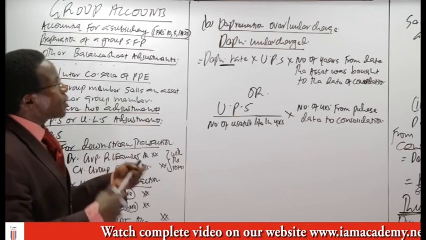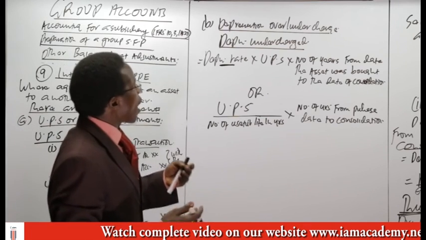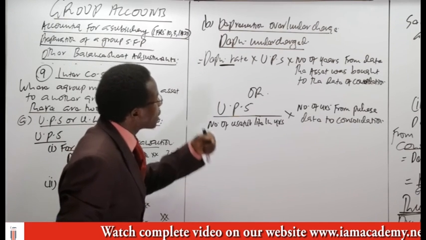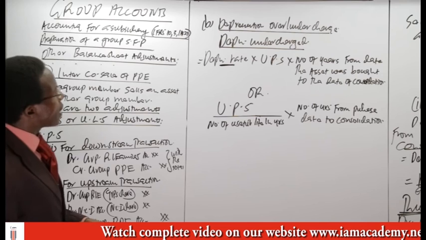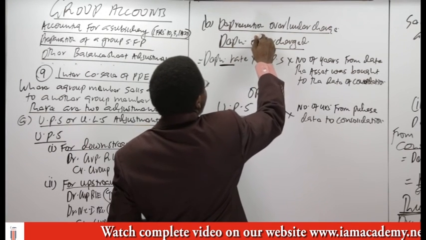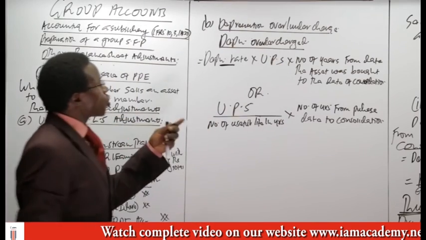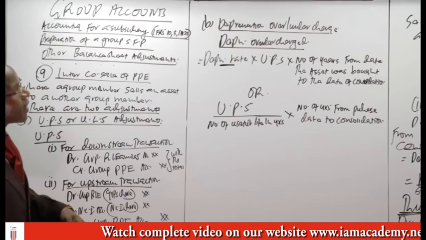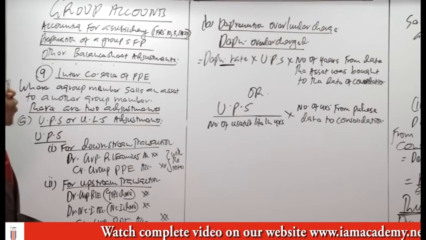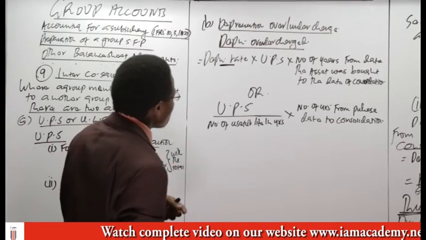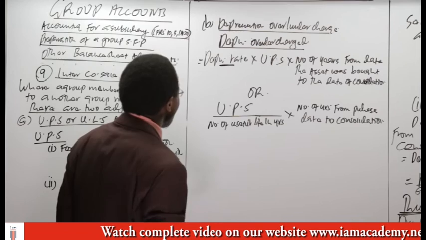Now, if it's a depreciation overcharge, we are going to do the same. This is the depreciation overcharge. If it's a depreciation overcharge, we are using unrealized profits. If it's a depreciation undercharge, we'll be using unrealized losses. That's very important to know. Now, in that case, after we have done that, thus